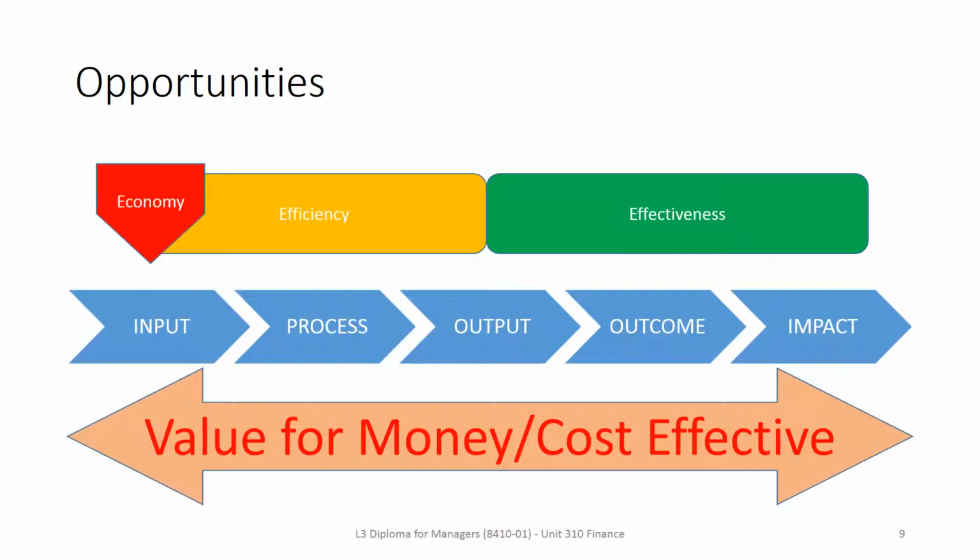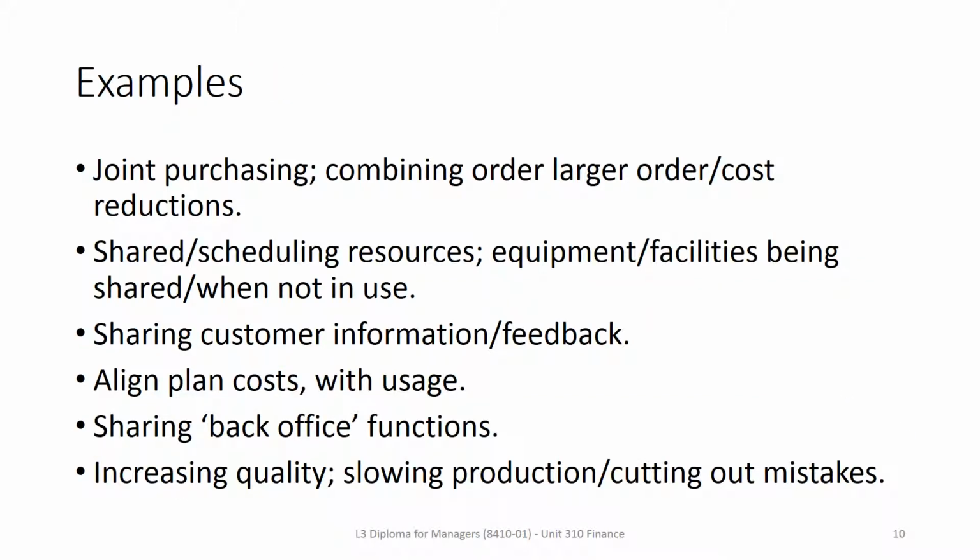So throughout the process we should all be getting involved in it. And there's lots of examples, and it depends on the company, and you'll be asked to look at this in your activity at the end of this session. But here's some examples. We've got joint purchasing, combining larger orders to get cost reductions, sharing or scheduling resources, equipment, facilities being shared so they're not just left not in use, sharing customer information and feedback, aligning planned cost with